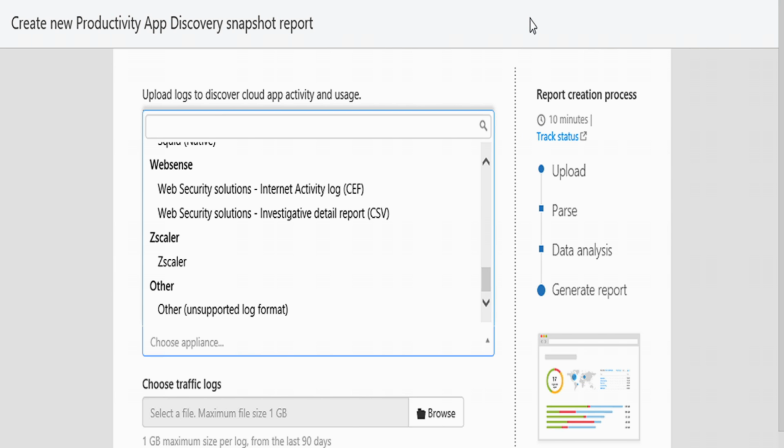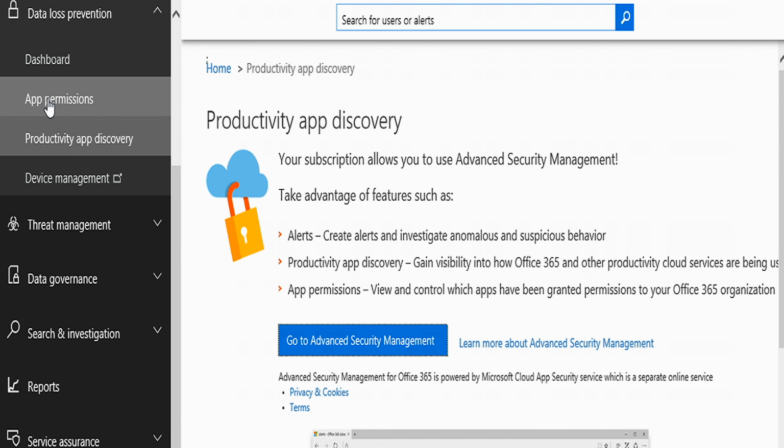All right, so that's the Productivity App Discovery. Let me show you the last one, which is called App Permissions. Now, App Permissions is not yet released. It's coming in the near future. So what I'm going to show you is a prototype of it. So it may change a little bit when it's launched, but let me show you what it effectively looks like